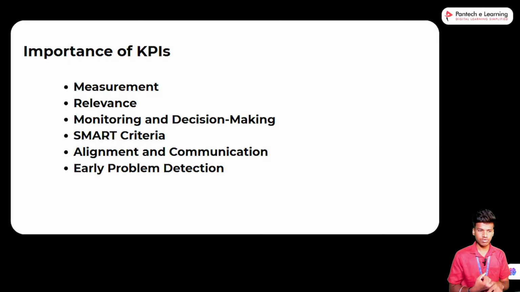First thing, measurement is important to measure the values of our data. Then relevance: is it related to our data or our work or not. And monitoring and decision making. So we can make the decision: okay, it fits with us, we can use that. And the SMART criteria means, what will I say for this? SMART criteria, so we can handle it in the thinking of our problem handling. Next one is the communication of our process. Then the problem is here, we can early sort out the thing. Okay.